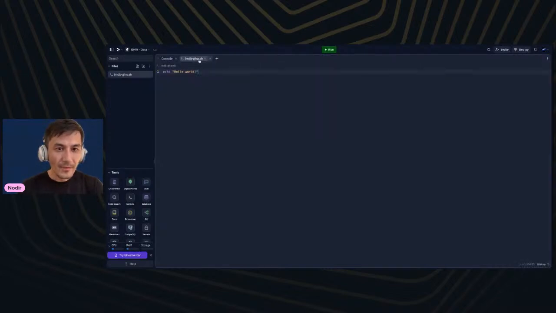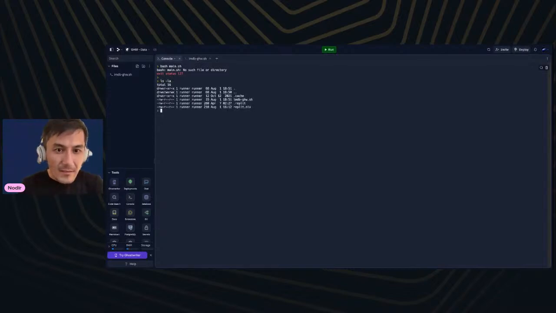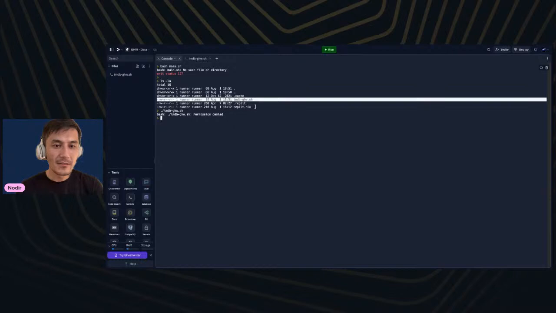So, run it. No such file. Okay. So to execute, we do IMDB Global Hack Week shell. Permission denied. Right. So what does that mean? As you see here,